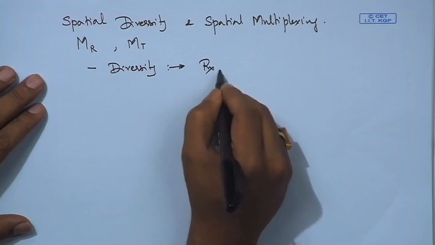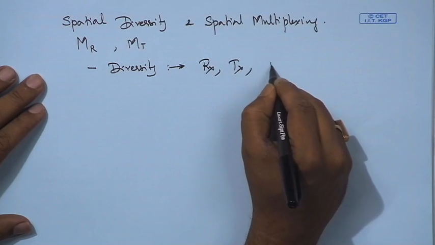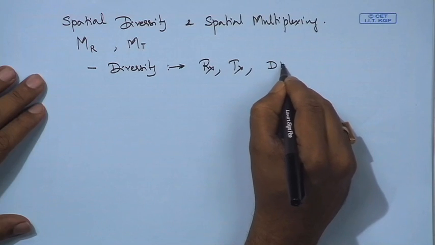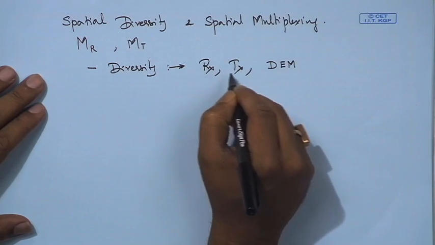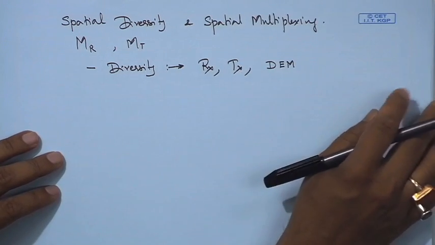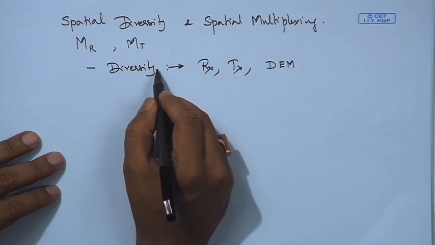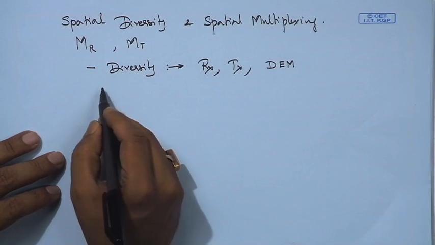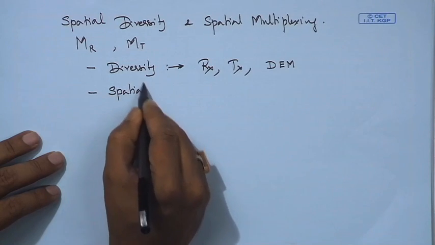For diversity, we would remember various modes. You could achieve receive diversity, you could achieve transmit diversity, and there was this mode which was discussed as dominant eigenmode transmission, which would use all the antennas at the receiver and at the transmitter, and using the SVD procedure it would do certain encoding to achieve diversity gain. That uses the highest eigenvalue to achieve that. You could do spatial multiplexing,